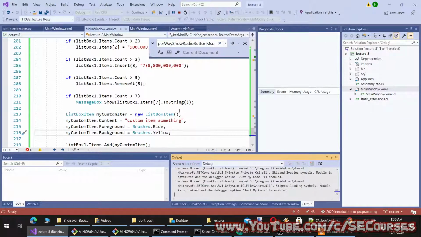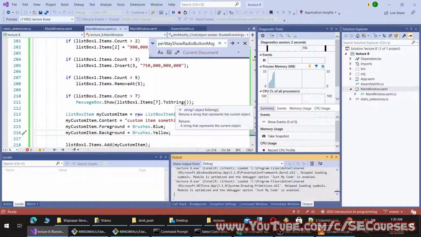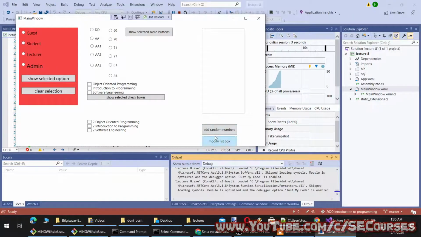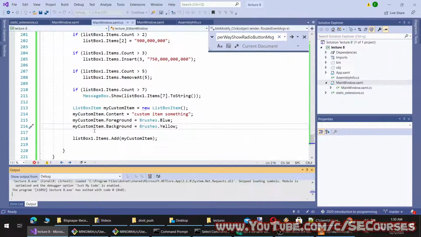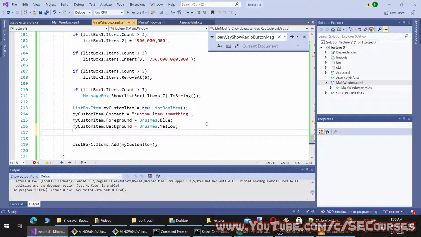You can still read its value. You see now it has blue foreground color and yellow background color. I think we can also change its font, but I am not sure. Font size, let's say 20.